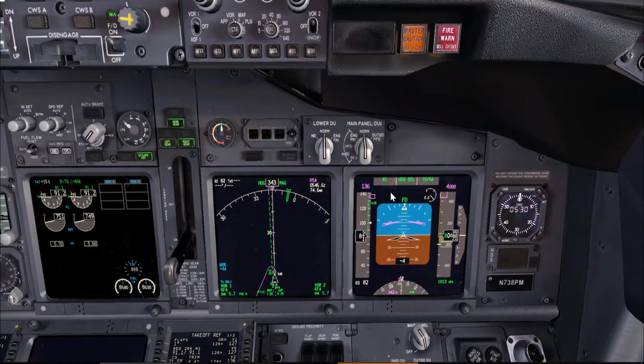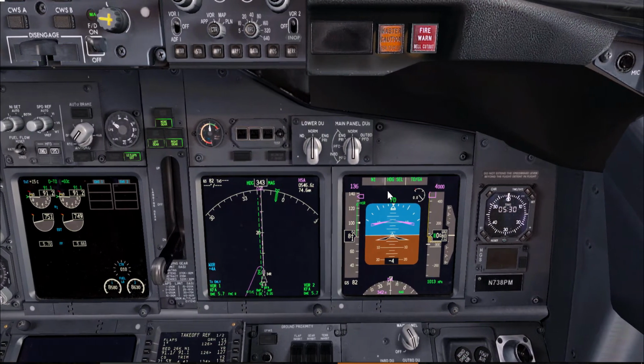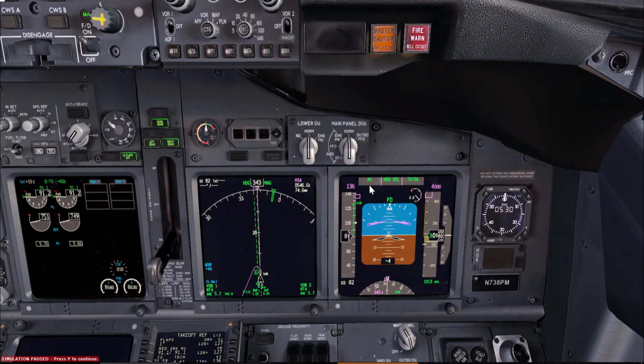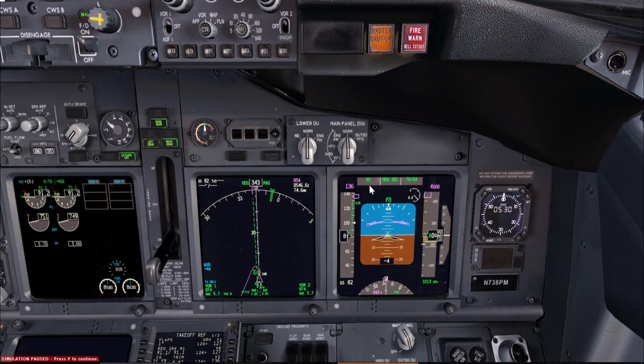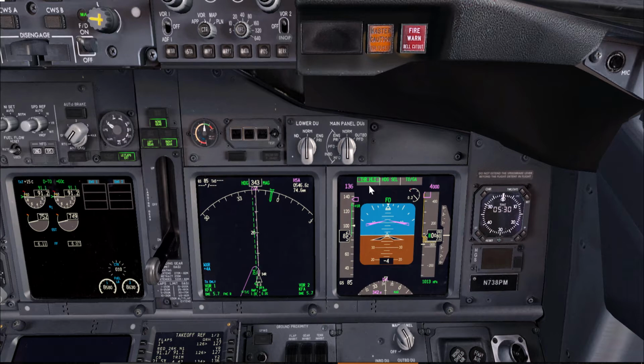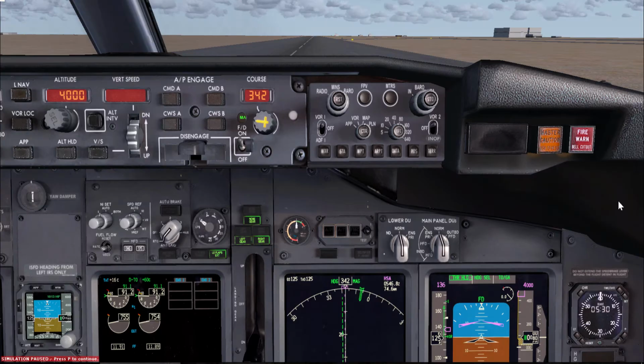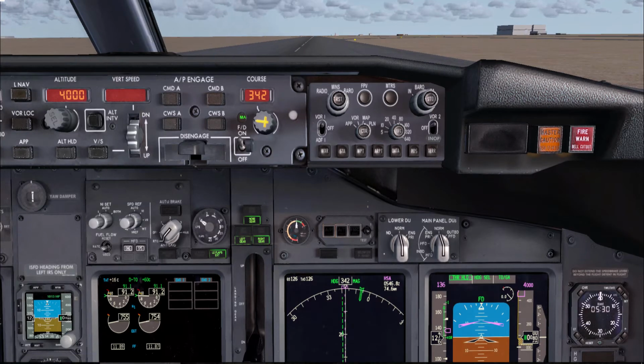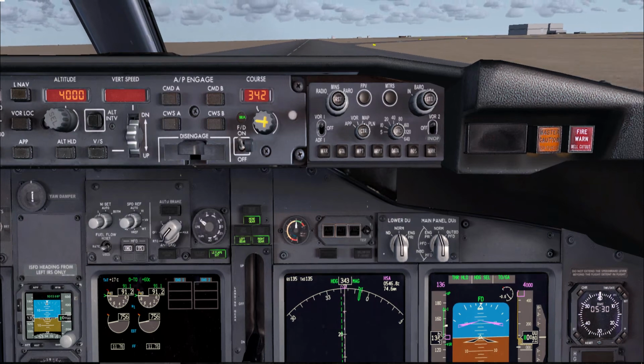As we said before, the FMA changes are a pilot flying responsibility, so once the N1 changes to throttle hold, that needs to be announced by the pilot flying. So "throttle hold," then the pilot monitoring will respond "check." V1 is going to be an automatic call, and then "rotate" is a pilot monitoring call. Okay, so rotate, and then